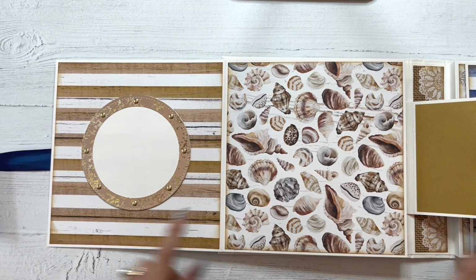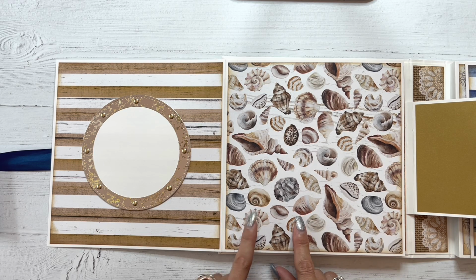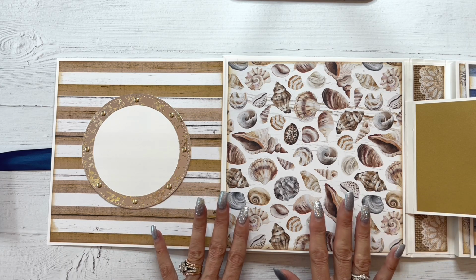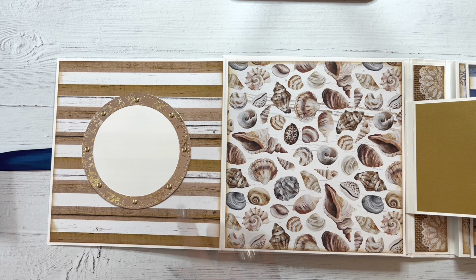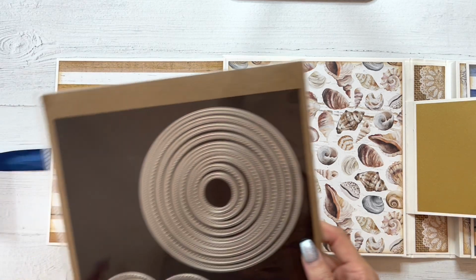On the right, you've got a big open space for photos and decoration. Now, the person that ordered this folio told me that the bride is pretty crafty and would probably like to put her own spin on this, so I did leave it kind of plain to allow her to do that. Over here, I made kind of a porthole picture frame, and the way that I did that is